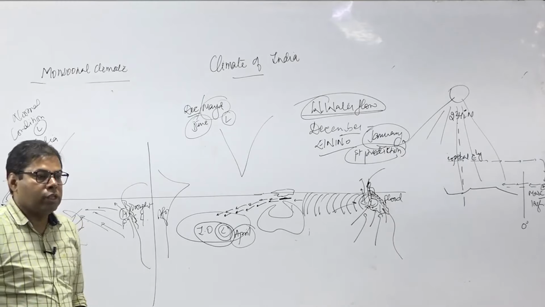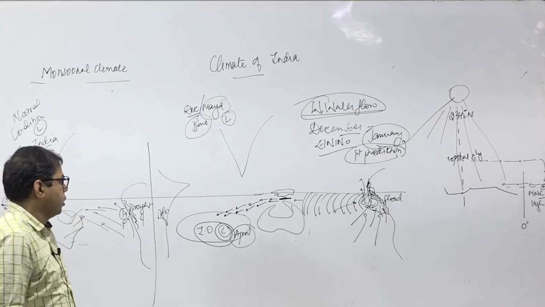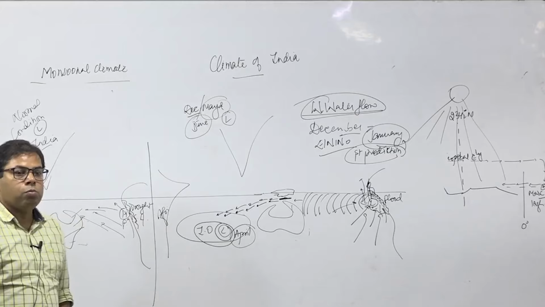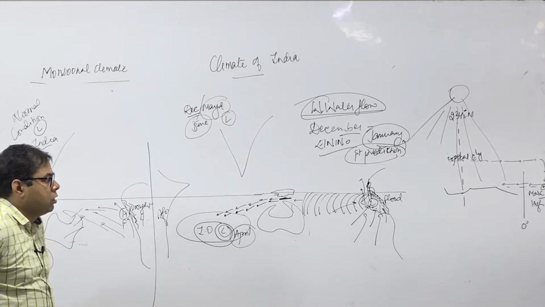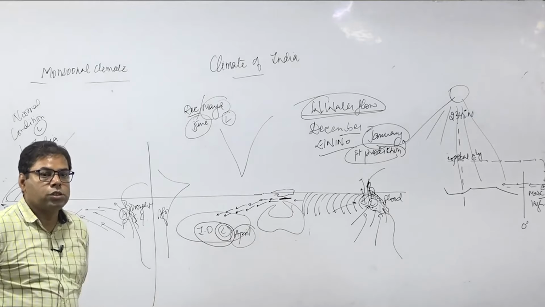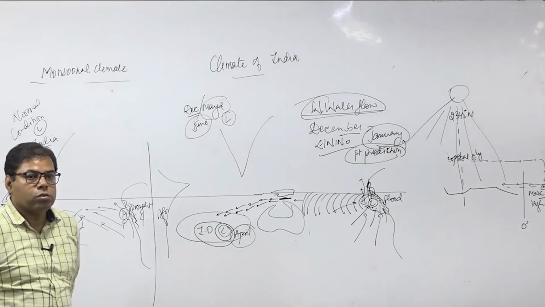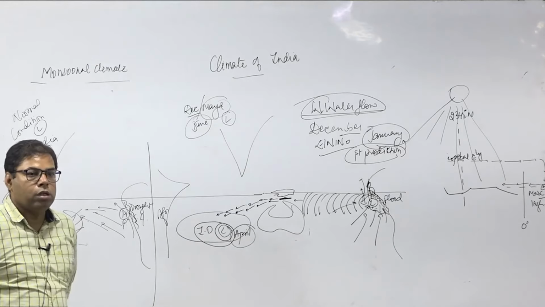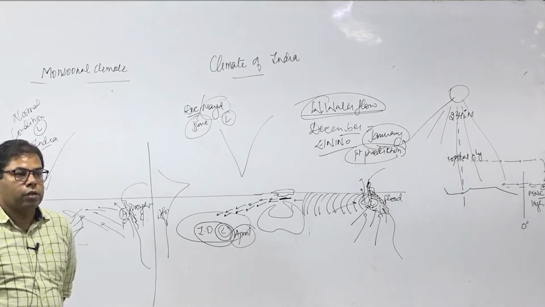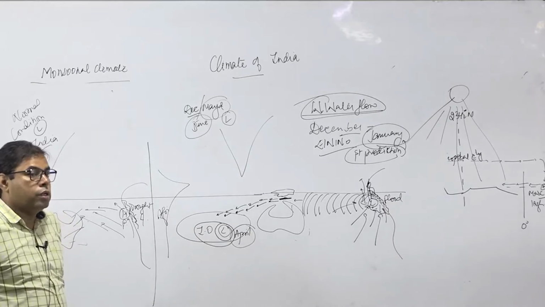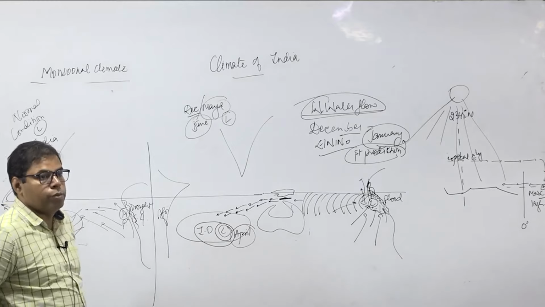right? By raising the temperature of the Indian Ocean, there is a delay in the departure of the monsoon wind. What monsoon wind? Southeast trade. So there will be a delay in the departure of the monsoon wind, and a delay in the arrival of the monsoon in India, right? Is it good for the Peruvian coast? It is also adverse for the Peruvian coast.